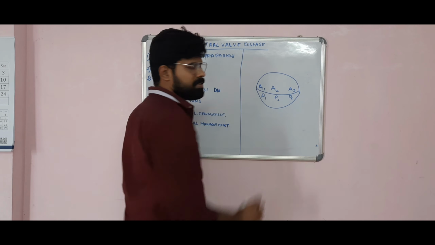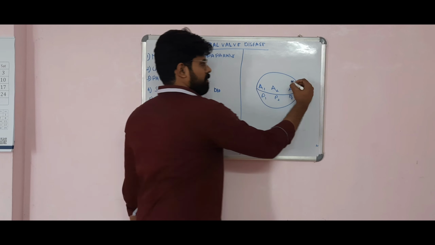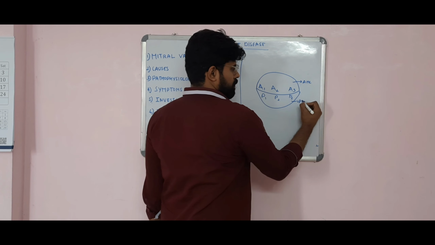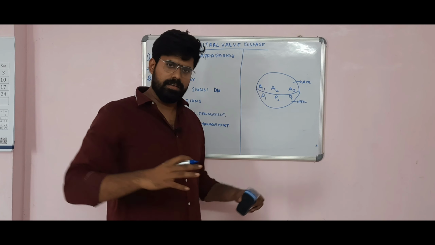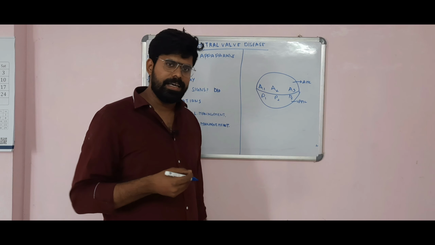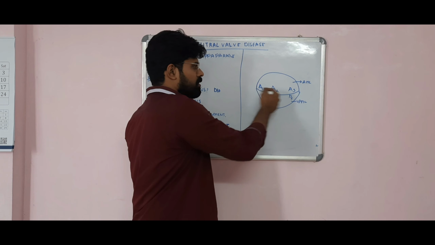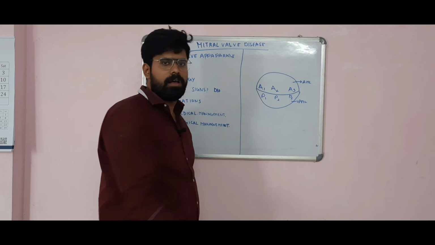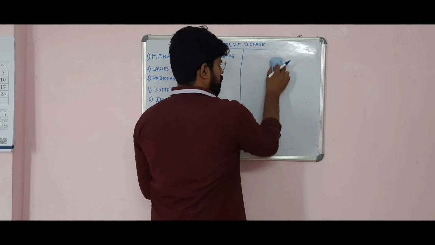The central area is the most important area. This is the anterior mitral leaflet, and this is the posterior mitral leaflet. As you can see, the anterior mitral leaflet is somewhat bigger, and the posterior mitral leaflet is thinner, and it is the one that is more common for prolapse. You can also see the junction as well as the commissures. You have the anterior commissure and the posterior commissure.